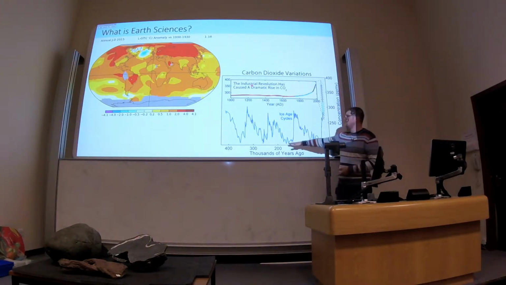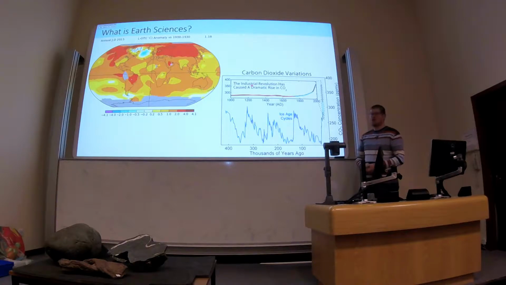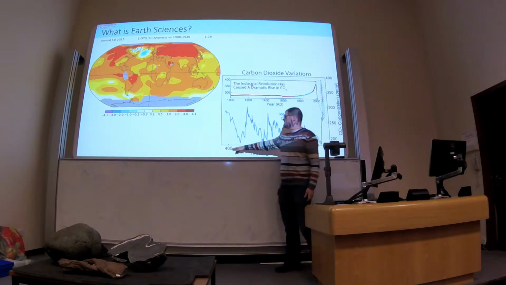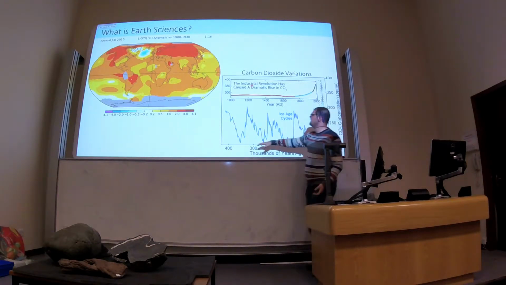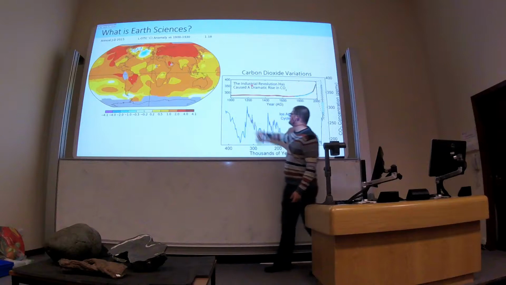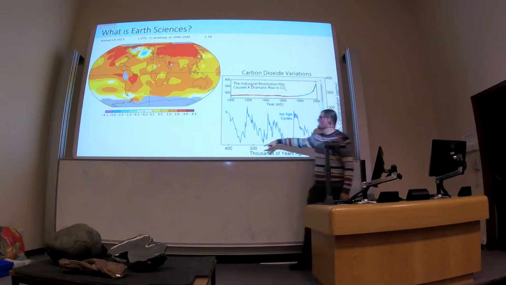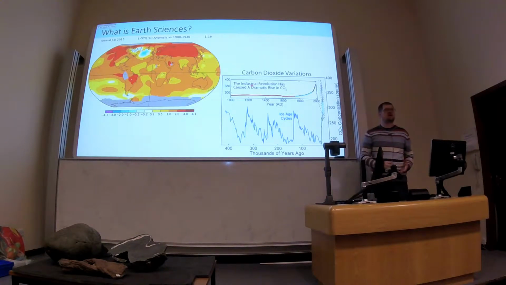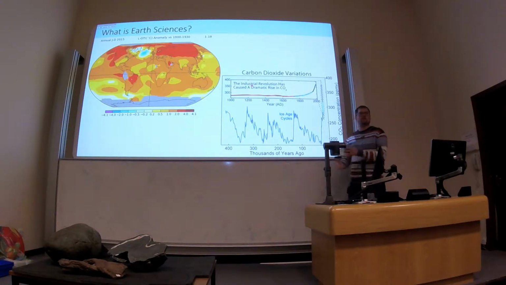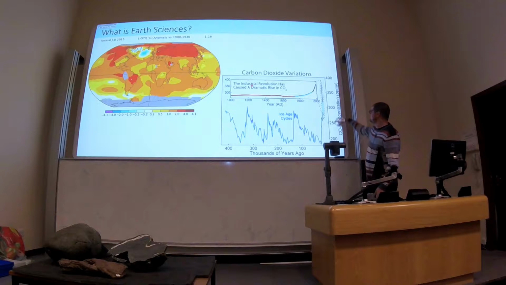Okay, so on this side we've got a graph of the carbon dioxide concentration in the atmosphere. So this is 400,000 years ago, so that's a very long time ago. Humans were kind of migrating out of Africa around this time. And you can see that we've been through a bunch of cycles of climatic change where carbon dioxide concentrations have gone up and down naturally over this range of maybe 200 to 300 parts per million. So still really low concentrations, but substantial variations.